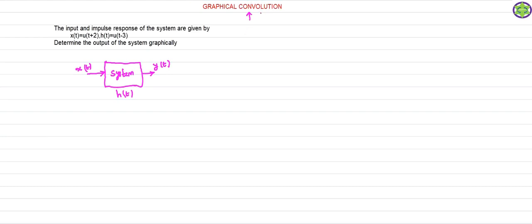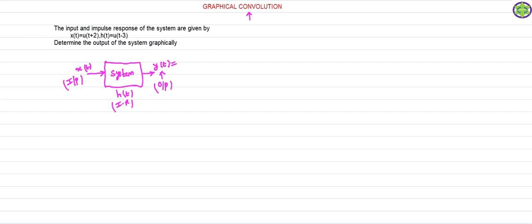Now what is the convolution? The convolution is nothing but the mathematical operation, which is the integral operation, for finding the response of the system. So this is your response, which is your output of the system. So this is your system. Here x of t is the input. So h of t is the system transfer function. So if you convert h of t into the frequency domain, we'll get the transfer function of the system. So h of t is impulse response, the impulse response of the system.